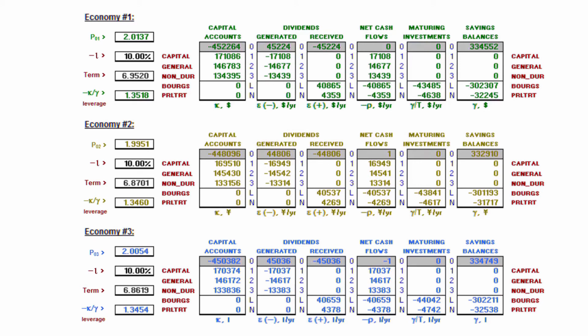In the simulation's final states, we see once again that dividends are everywhere offset by net cash flows, and there are no foreign financial positions requiring service in order to offset trade balances that are non-existent. The physical identity among our three model economies is reflected in that each economy presents the same interest rate, investment term, and leverage. Given identical boundary conditions, economies will only differ in respect to their currency values once the new stasis is reached.